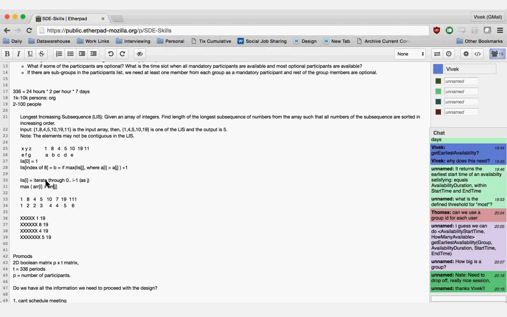Array of i is 8. Array of j is everything, like 19 is an array element. Let's take 19. For all j less than i, we can add that condition. Yeah, I did that, right? Because I'm iterating through 0 to i minus 1. So j is always less than i. You know that. Correct. Right? So, okay.